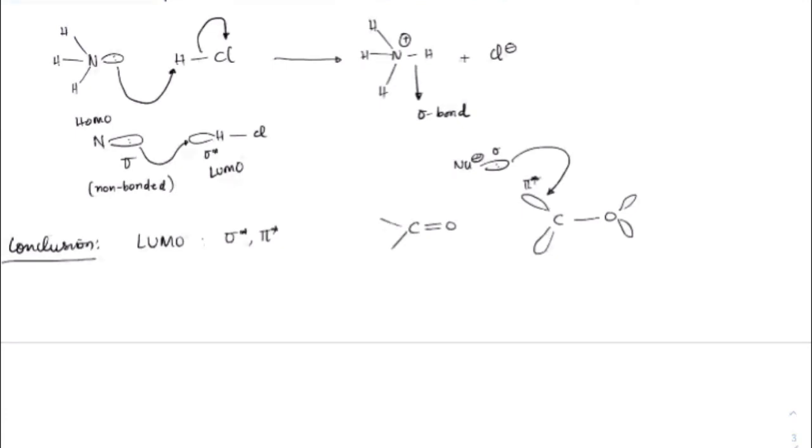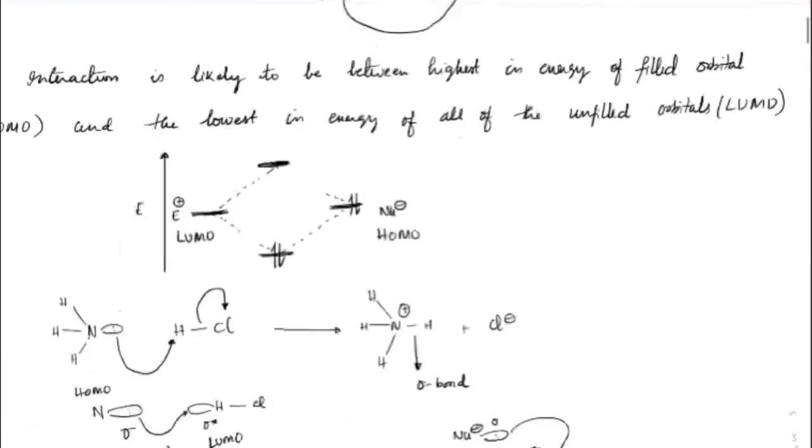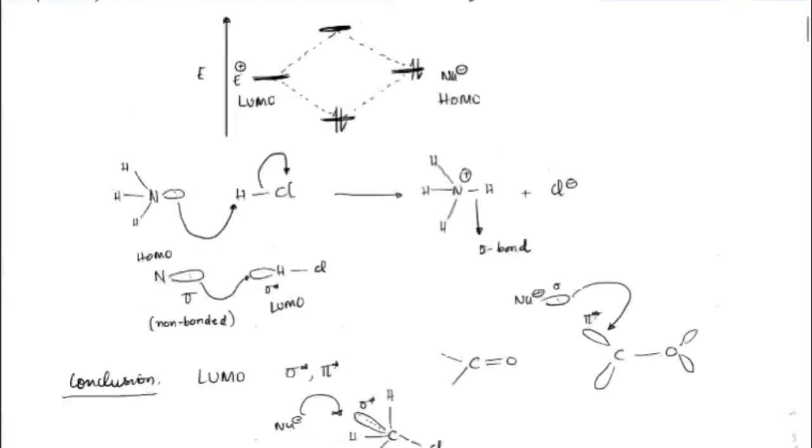But if you have a saturated carbon, like carbon with 4 bonds, as in the case of H, H, H and Cl, the anti-bonding orbital which is present here would be the sigma star on which the nucleophile will attack. So you can see the LUMO orbitals are always either sigma star or pi star in most cases. This is basic information you must have about how the nucleophile and electrophile interact with each other. This is a sufficient amount of information from molecular orbital theory.